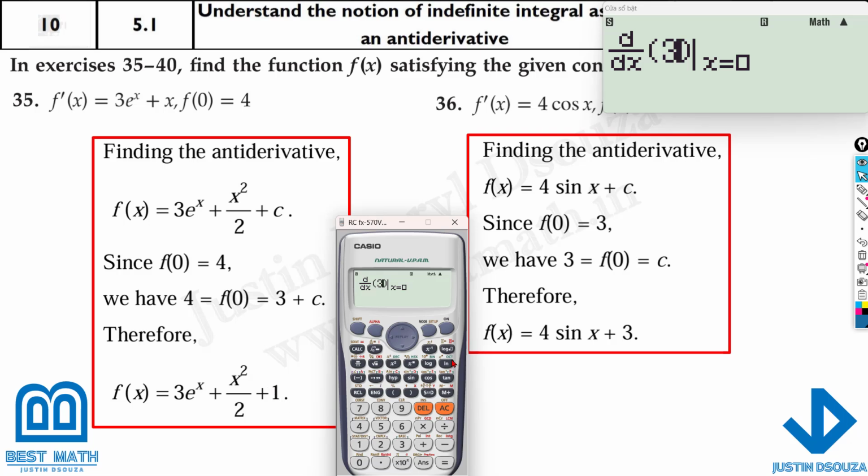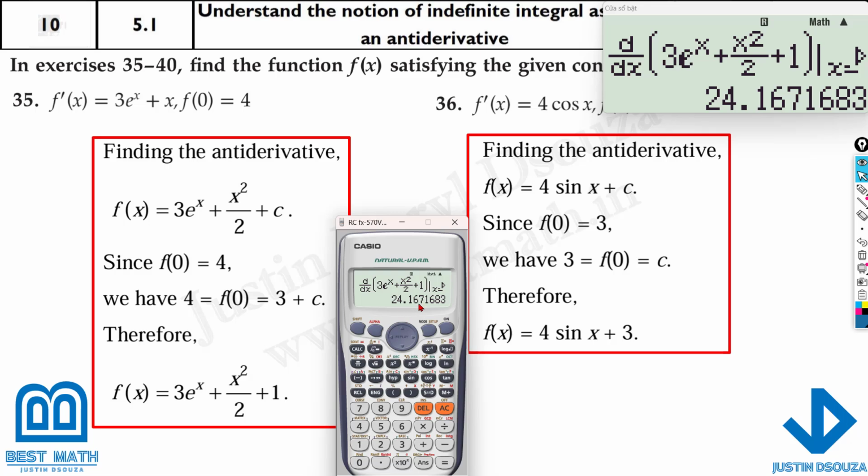Now, if I derive this, let me check all the options. You can ignore the constant or put the constant, it's absolutely fine. 3e to the power x plus x squared by 2 plus 1, and the x value will be 2. It will be the same, 24.167. So now this is the correct answer. Yes. But what if you have one more option, say like this? You have the same thing, 3e to the power x plus x squared by 2 minus 1. This is also there. Now, if you just change this to minus 1,